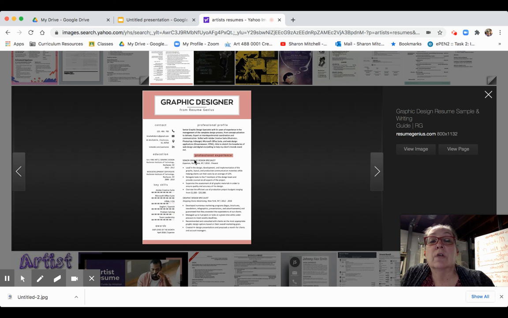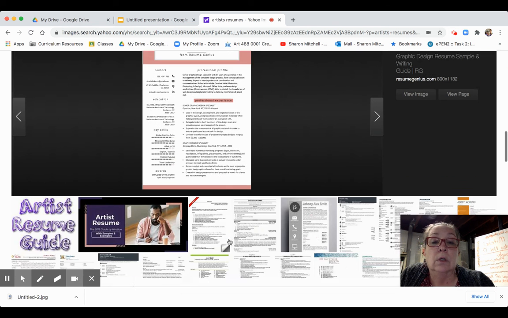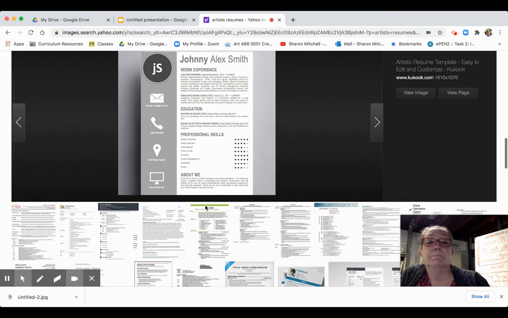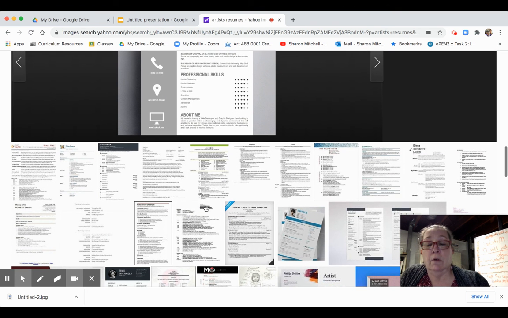And see now that here they've got it the same. One of the things you want to consider is consistency. You want it to be tied together. So if you're going to use color, use the same color throughout. See, they've got that there, they've got it there, and then they've got a little bar at the bottom. Here they've got color over here, the big name here, and they've got all this right here. This might be something you could do. You could do it like that, and then do all your typing on the right. And you can do all of that right there in